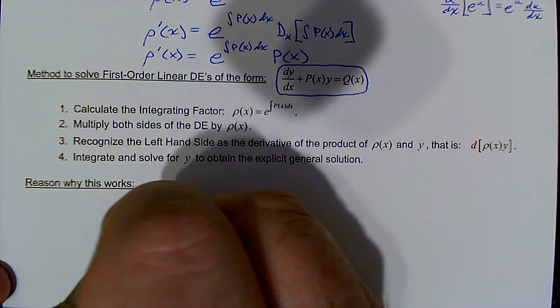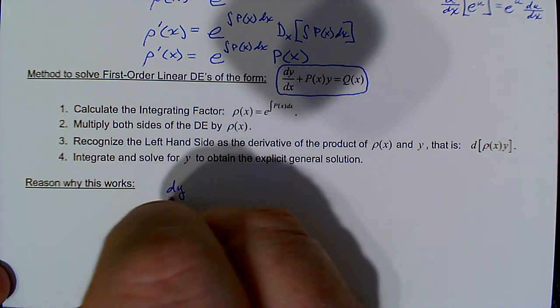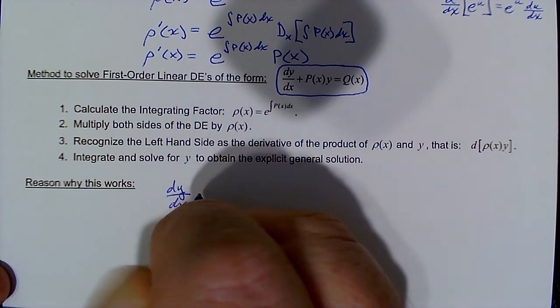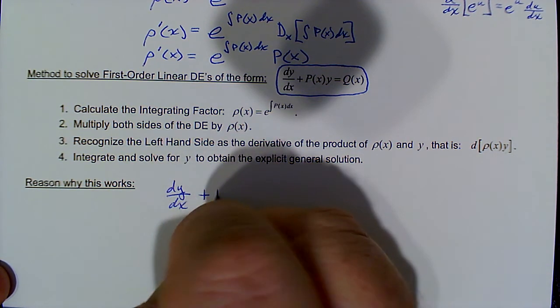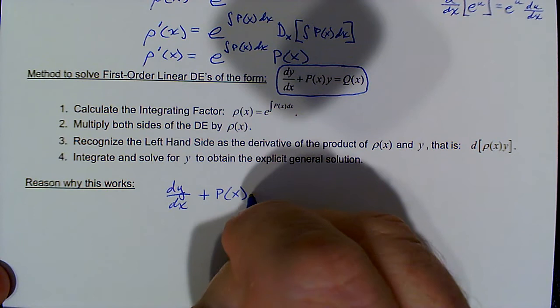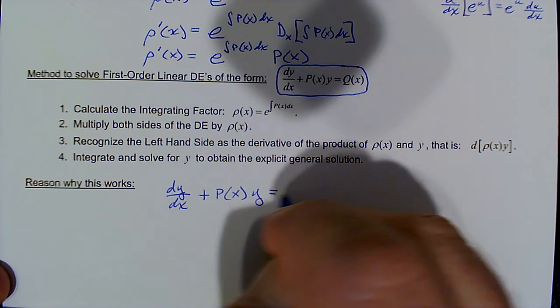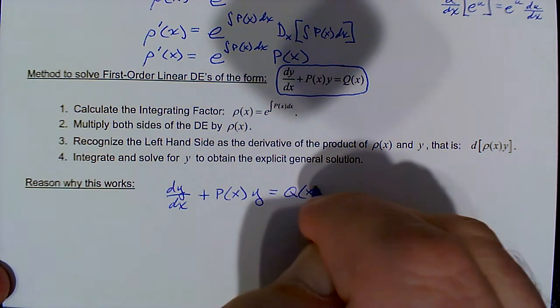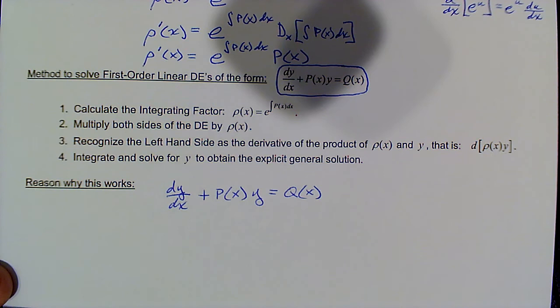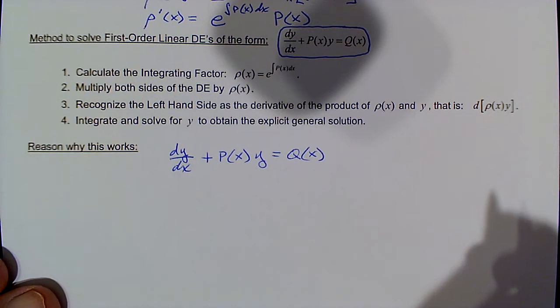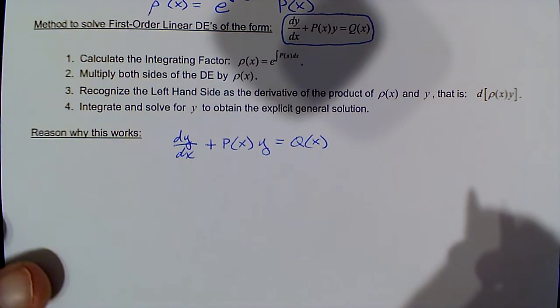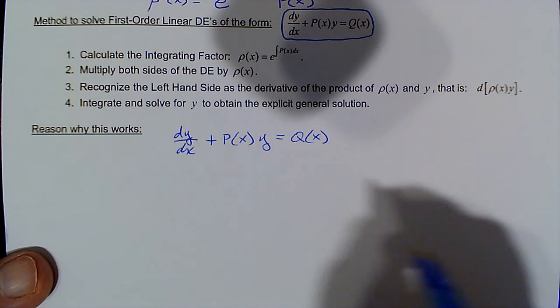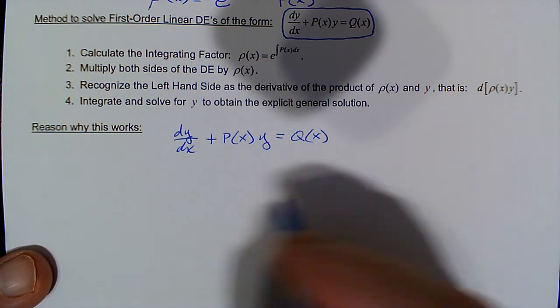Now here's the reason why it works. In general, you don't really have to worry about the proof of this, but I think it's important to see, as well as important to have a full understanding of what's happening mathematically. If we take rho of x,